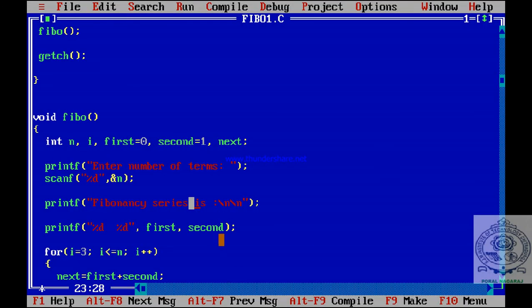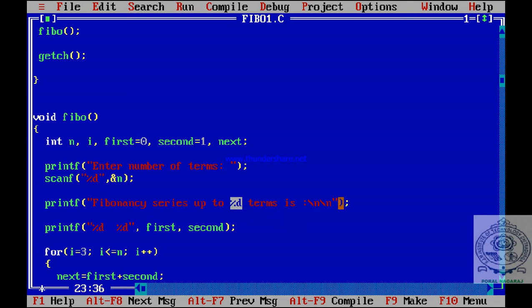So the respective printf statement has to be modified. How many terms? Percent d terms, not 6 terms here, because 6 may change; next time it may become 8 or 10 terms. Generalize it.